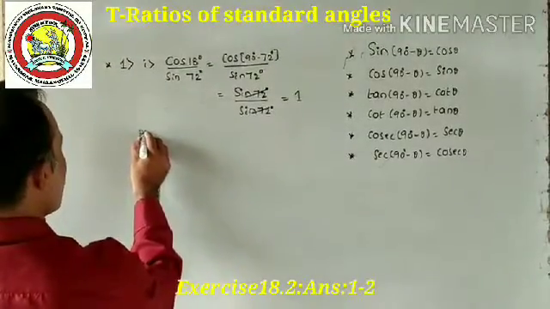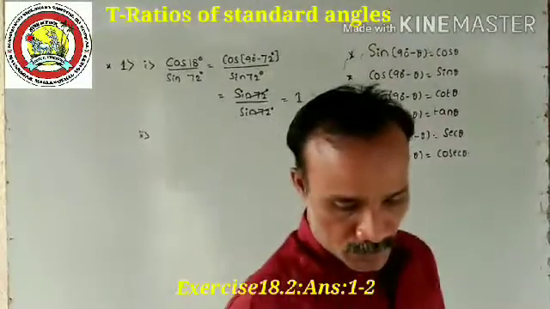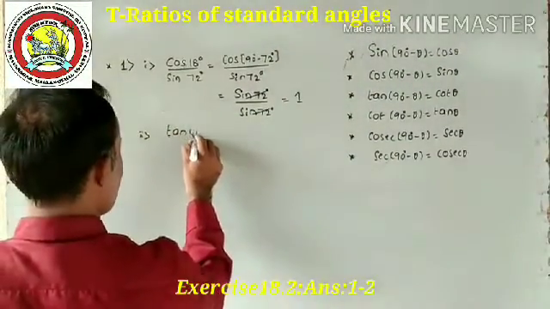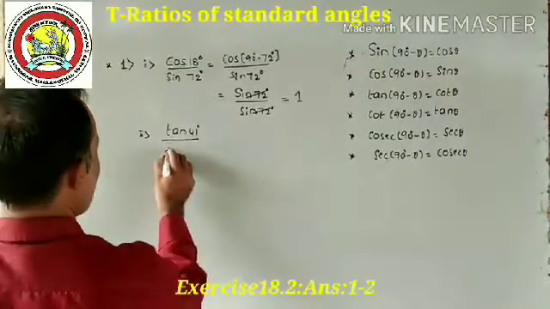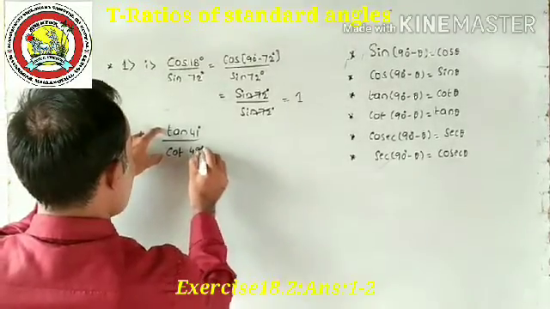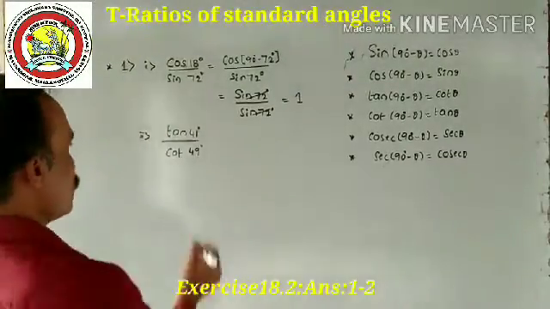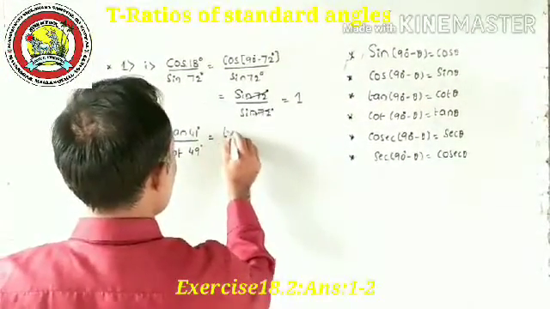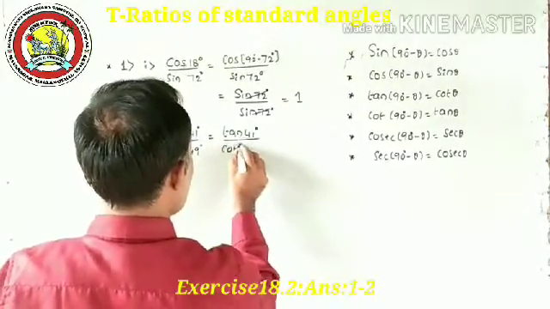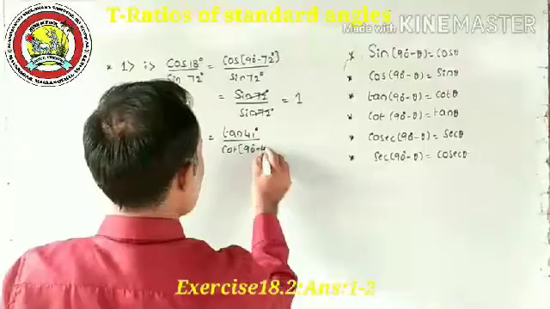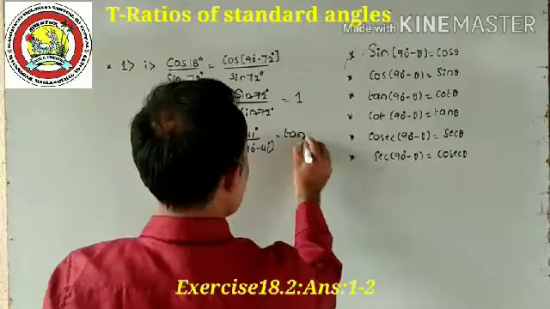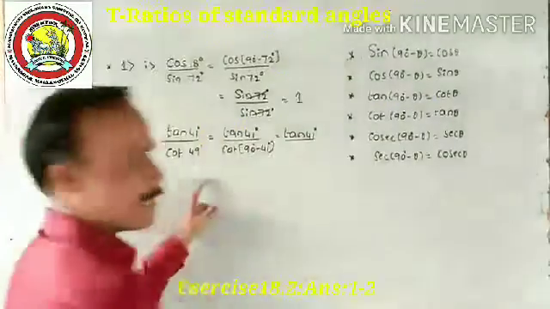Next, question number 2. Tan 41 degrees divided by cot 49 degrees. Tan changes to cot, and the sum of these two angles is 90 degrees, that is 41 plus 49. So tan 41 stays as it is, and cot 49 can be written as cot of 90 degrees minus 41 degrees. So this is equal to tan 41 degrees divided by